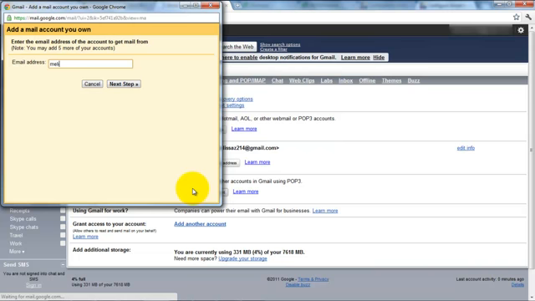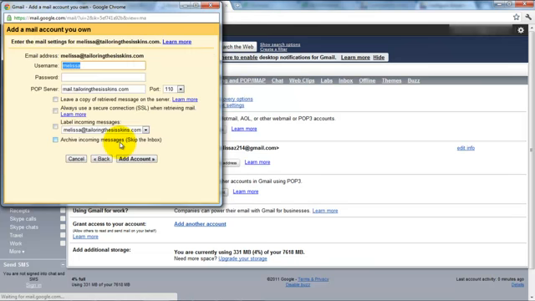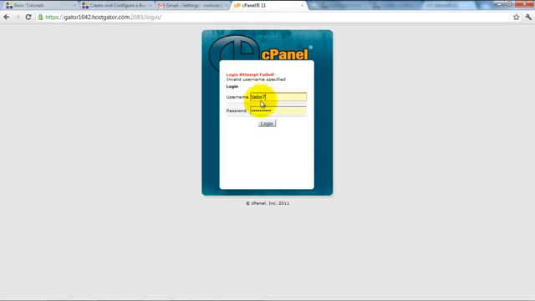So in this case, I add my email account and click Next Step. So obviously it's going to be your name at domainname.com. Now we click Next Step and we get to the next dialog box. Now the username here is the same username as we use in Outlook, but if you need to refresh your memory, you can switch back to HostGator Control Panel